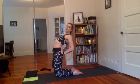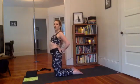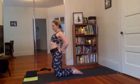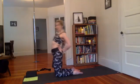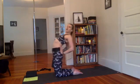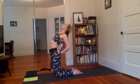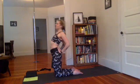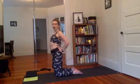Engaging the thighs. Slowly come up. Maybe wiggle the hips to the left and right. Let's try again. Slowly lean back and then press up. Engage the core, thighs, slowly come up. Nice. And as you do that, you can also squeeze into that block to engage your core a little bit